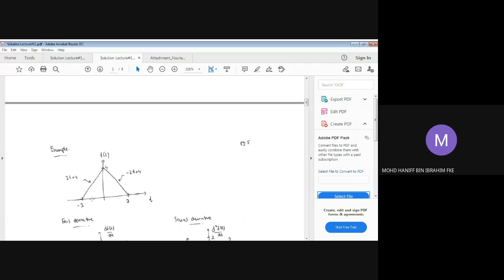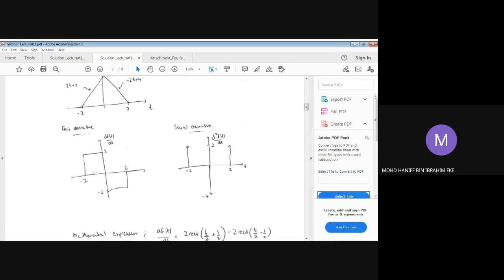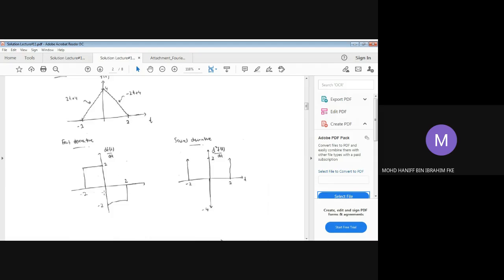So this is the case of your signal f(t). From that, we can say that the first order differentiation will give us a constant of 2 between -2 and 0. And then from 0 to 2, we are going to have an amplitude of -2. And then if we base on this,